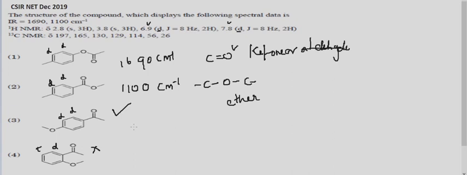I repeat once again. We started with the proton NMR and tried to find out based upon the number of signals, but in this case all of them give a similar number of signals. Then we went for the splitting pattern, which helped us to eliminate one of the structures, and the rest of them gave almost similar values. Then we used IR spectroscopy. They have given us 1690, which is C double bond O stretching for a ketone or an aldehyde. In this case, there is no aldehydic proton signal, so it should be a ketone. And you could see that the only structure which has a ketone is this. So let's move on to the next one.